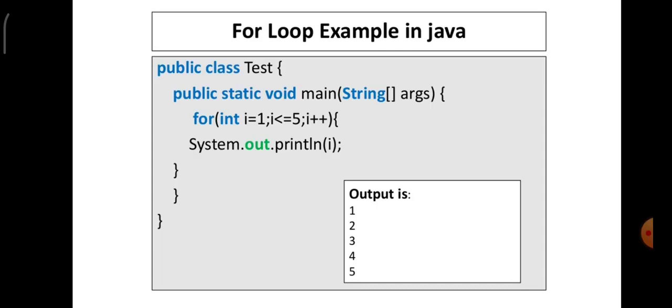So it prints the value 1 the first time, then it goes and increments the value of i to 2. Is 2 less than or equal to 5? 2 is printed. 3 less than or equal to 5, condition is true, 3 is printed. 4 is less than or equal to 5, condition is true, 4 is printed. 5 less than or equal to 5 is true, this is very very important, so 5 is printed. Next time the value of i is incremented by 1, that is 6. Is 6 less than or equal to 5? Condition fails, so it comes out of the loop. So finally the output is from 1 to 5.